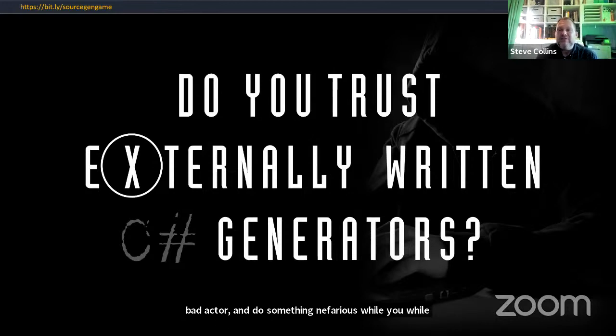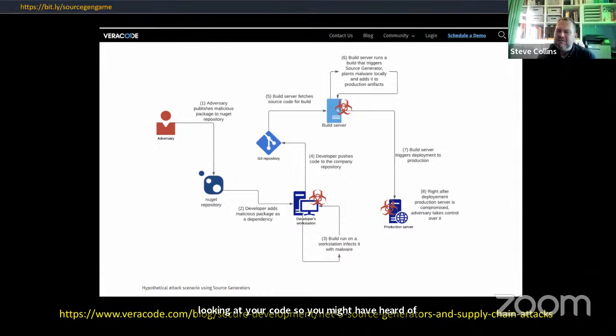So you may have heard of the SolarWinds hack, I think that was last year, wasn't it? Where hackers managed to sneak in code via an unsecured build process. Whilst this is not specifically about source code generators, it does raise alarm bells about what are known as software supply chain attacks. Veracode has published a blog post about the potential weaponization of source code generators to inject malicious code as part of the software build process. From this picture that I've taken from the post, you can see what looks like an innocent code generator NuGet package can create code that will eventually make its way into your own software, and you won't know anything about it.